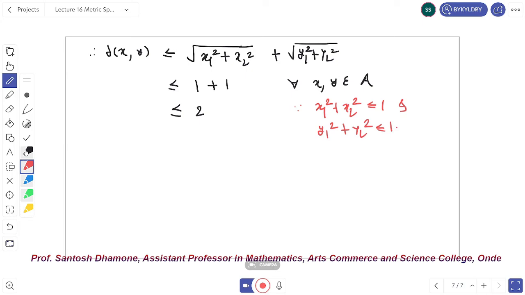Diameter of an open ball about P with radius R is equal to 2R, which is R plus R. Now